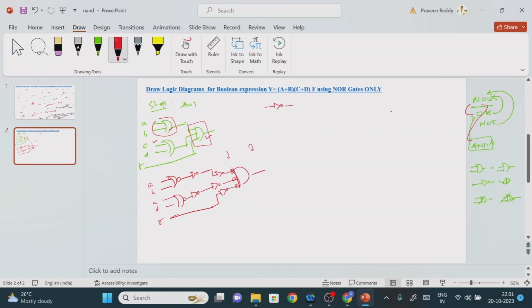Whenever you find a NOT gate, which is a part of our design, you can directly replace it with a single input NOR gate, right? Single input means just convert this one into single. So if you get A bar here, here also you will be getting A bar only. So no need to add a bubble at the input side or output side, because both are the same operation only, right?